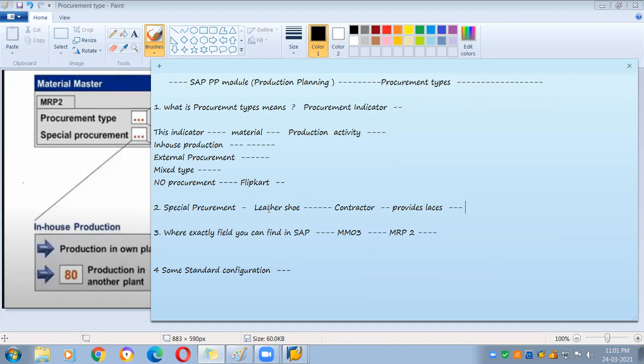After the manufacturing of the shoes, you take the laces and combine both items to make a finished product. So this is what subcontracting means.